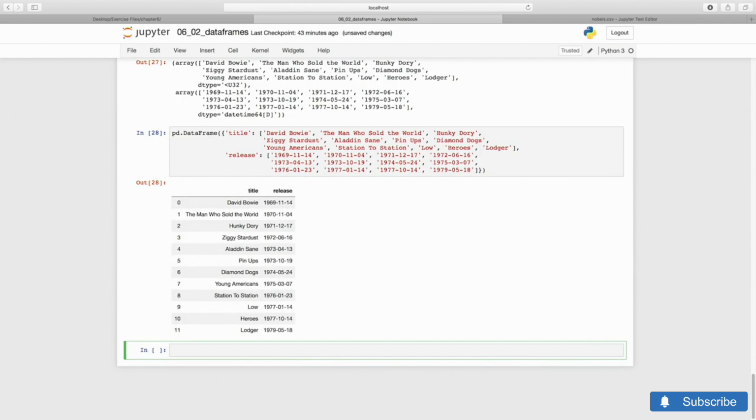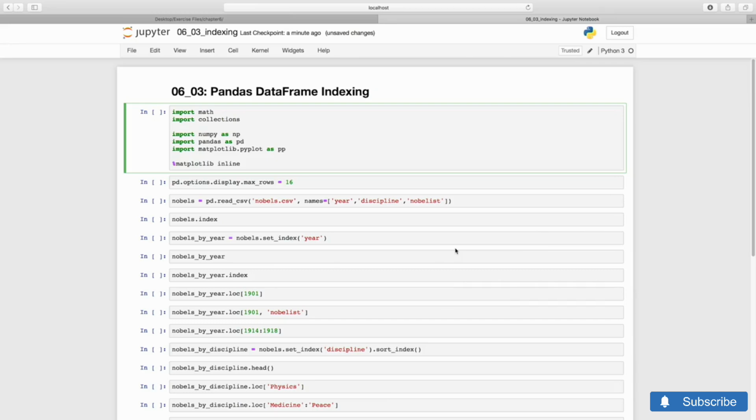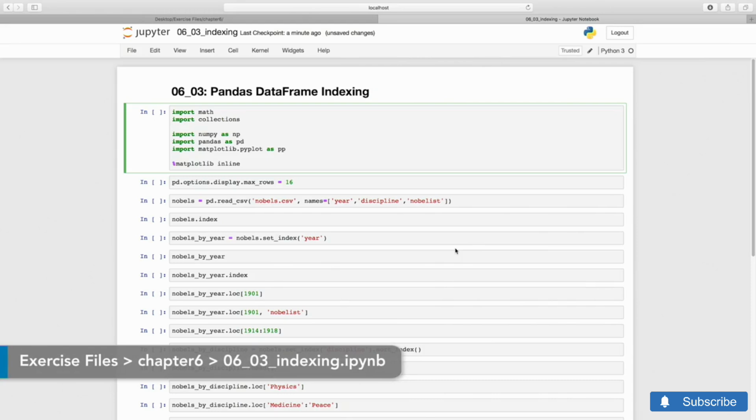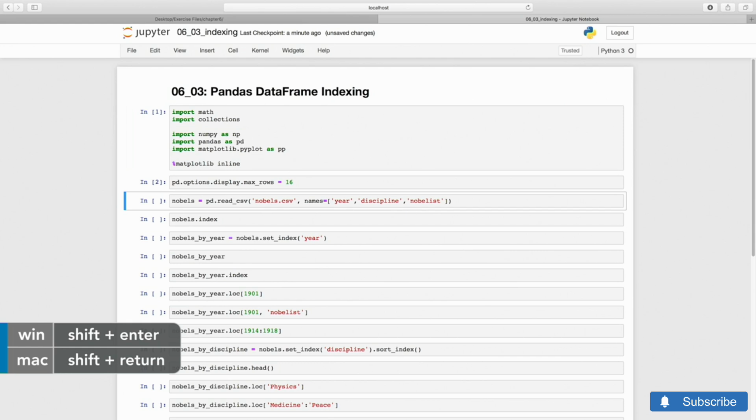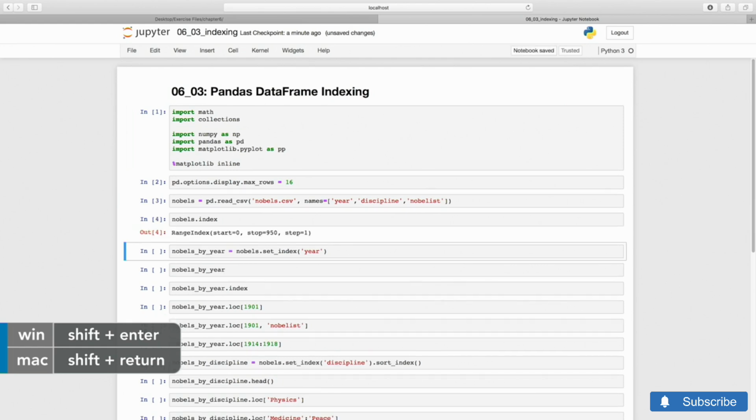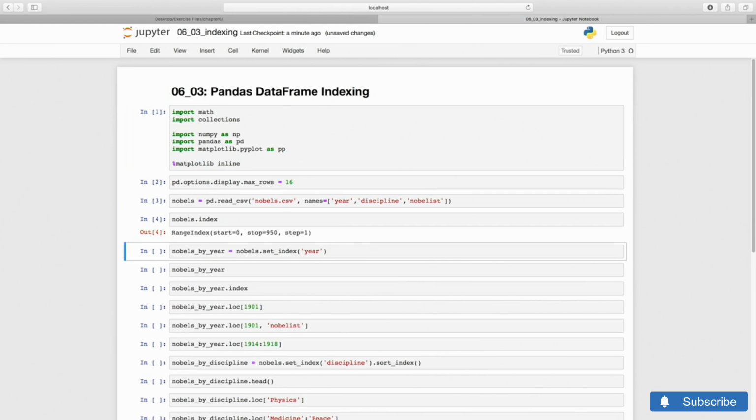Now that we know how to load or make data frames, let's do something interesting with them. We have seen how to load and create data frames, and how to select records based on Boolean conditions, both with fancy indexing and with a string expression-based query interface. Now we'll see how we can make selections even more directly and more efficiently using indices. So let's load up our Nobelist dataset again. The index is currently the simplest possible, just numbers from 0 through 949.